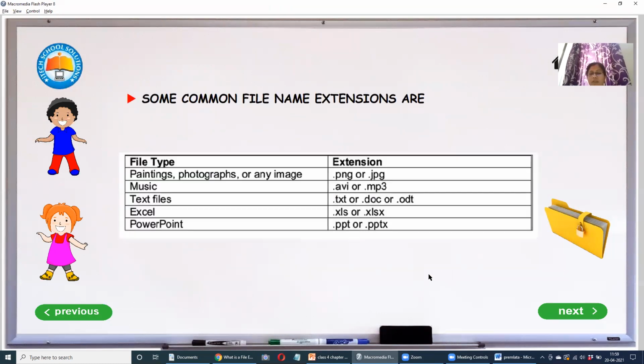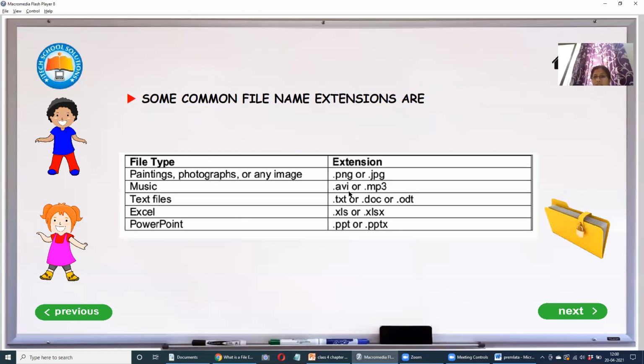Let us see some of the common file extensions. For painting, photographs, images, .png or .jpg. Music files, .avi or .mp3, .avi audio video files. Text file, anything written, .txt or .doc or .odt, .docx, depending upon which software we are using.